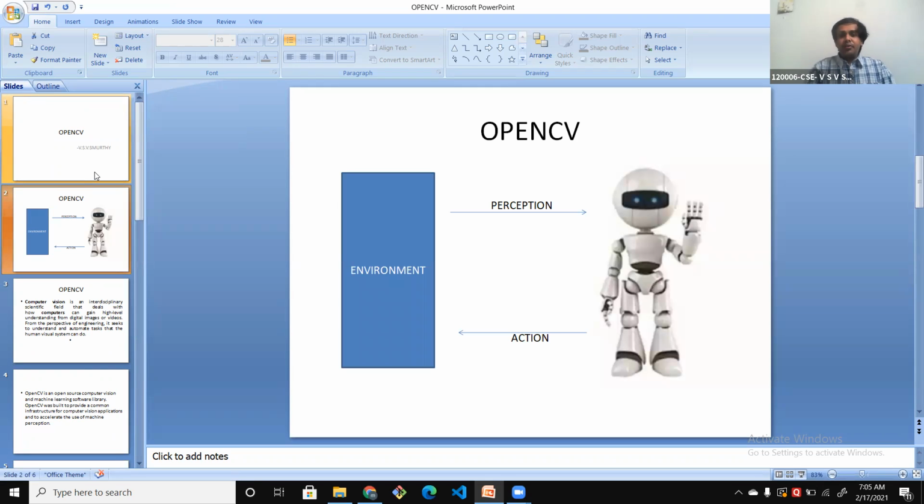Generally, when you're talking about artificial intelligence and machine learning, whether it is a robot or an automated taxi, they perceive from the environment around them, and based upon what they observe, they take it as input and they perform the action. So whatever action a robot is performing is based upon its perception, that is, whatever it is observing from the environment.